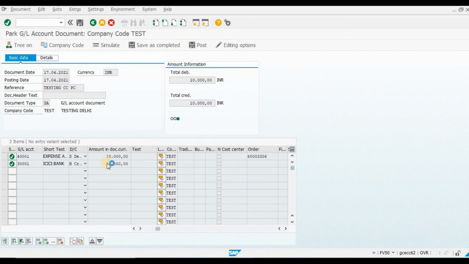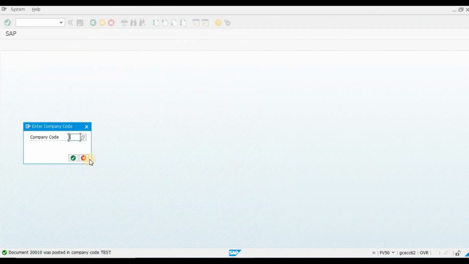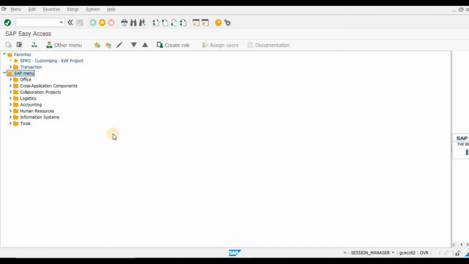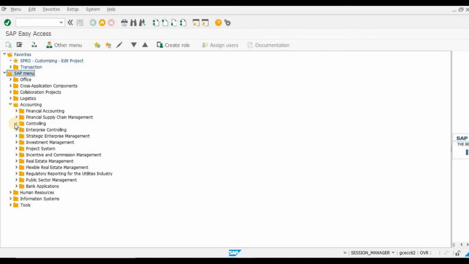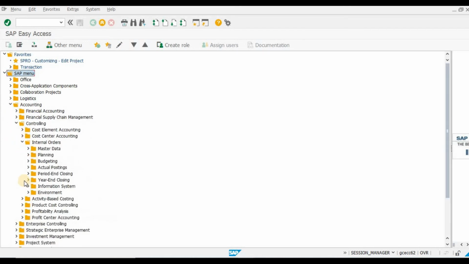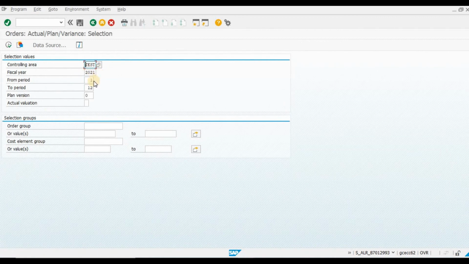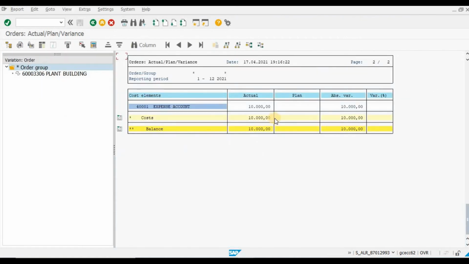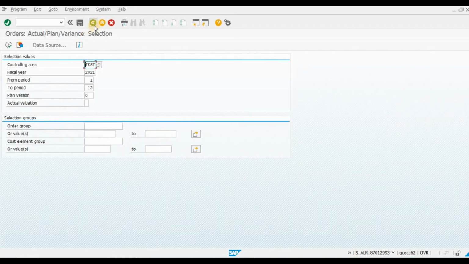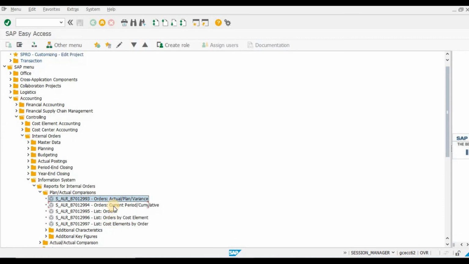So suppose it gets posted. And now go to report checking, go to controlling, accounting controlling, internal order, information system, reports, plan actual, double click. Now controlling area test, 2021, 1 to 12, plan version 0, then run. Sorry, plan we haven't created, so we have to check the budget versus actual.